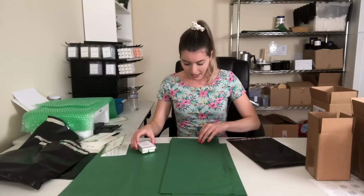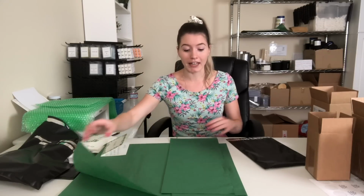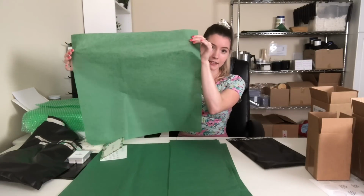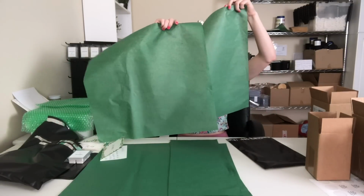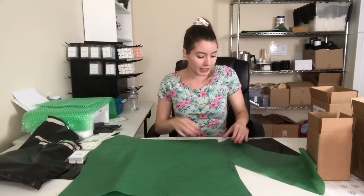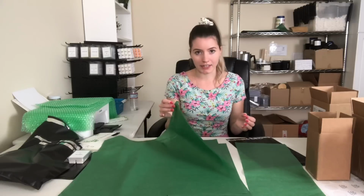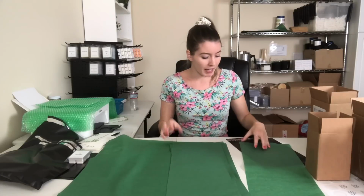So what I am able to do is these tissue paper, this is what I get from Uline. I get these from Uline and they're actually pretty big. So a combination of this size and this size right here is what they come in. So it's actually connected and it's a bigger size when I get it. But what I found was that the bigger size was too big for my candles. So I just cut a little piece off and I use these for my wax melts, and then it makes it a perfect size for my candles. So I found that that was the best way for me to do it, and I will link that in